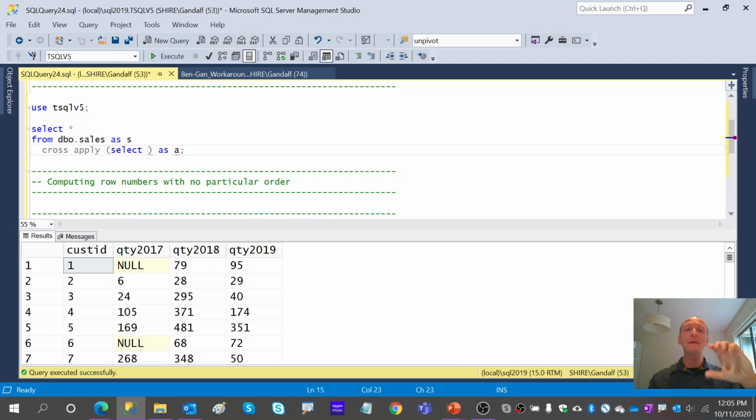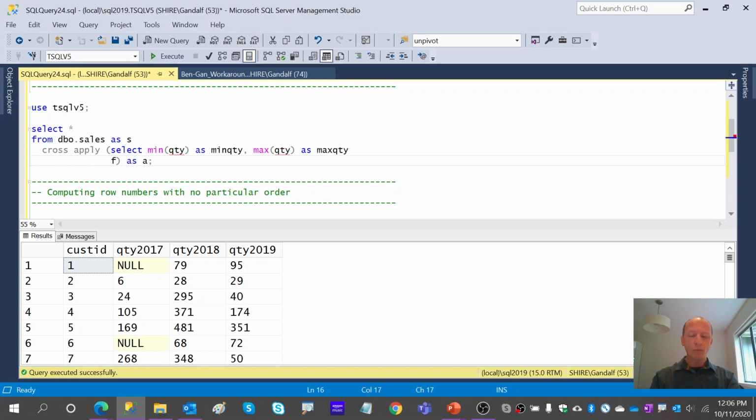Let's say that after the unpivoting, we will create a column that we'll call QTY. Then we'll apply both the min QTY and the max QTY against this one column that we'll name QTY. So all of this will be issued against, and now here's the trick that we'll do our unpivoting. We will define a derived table, let's say we'll call it D, with a column called QTY, based on a row value constructor.